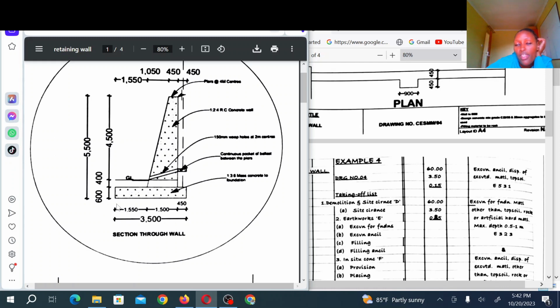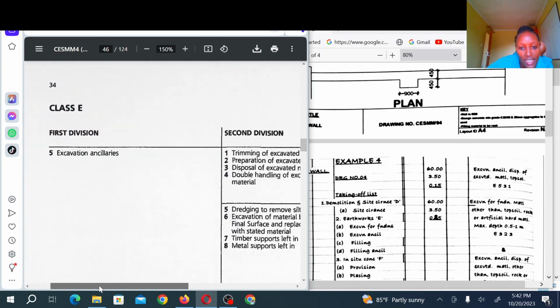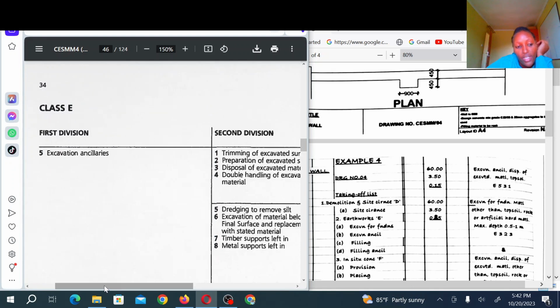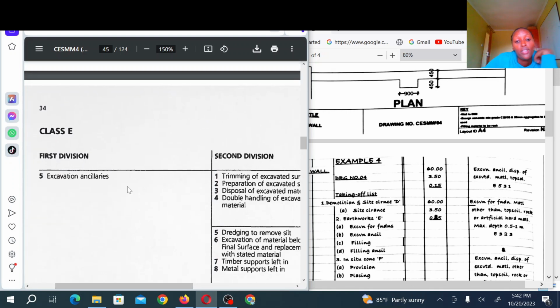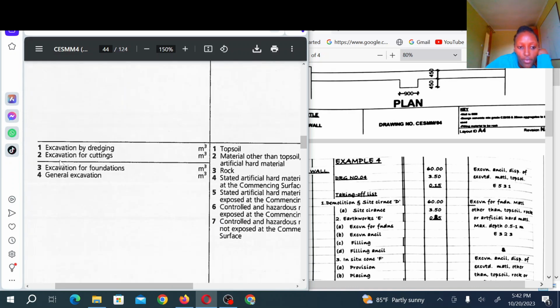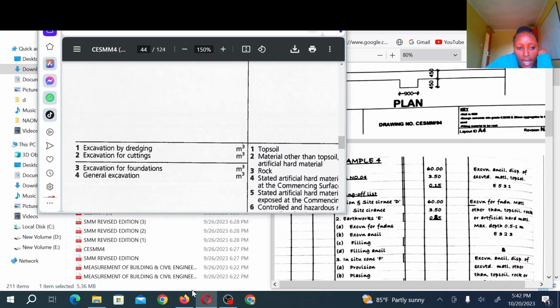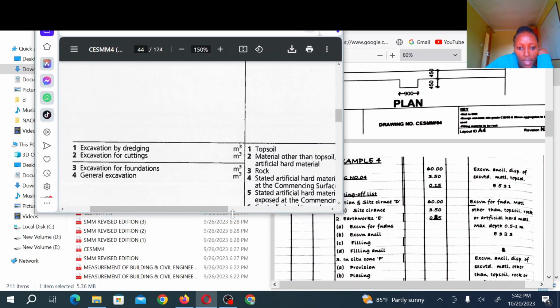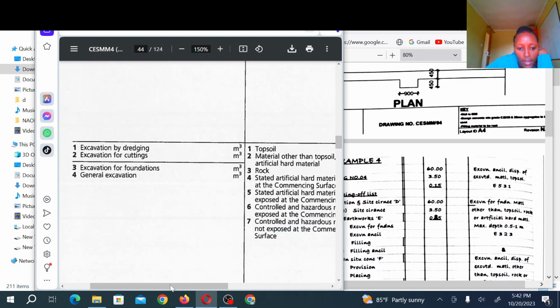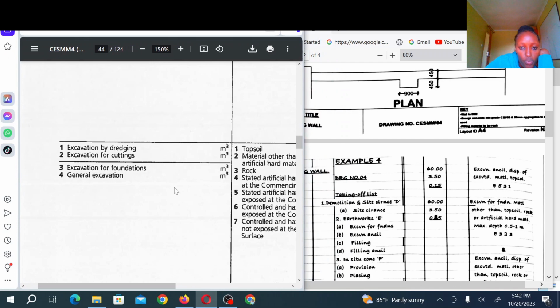So what will be the volume of soil? Let's go back to excavation. We shall go to excavation first because we want to excavate first. We excavated the topsoil, now we are excavating for foundations, material other than topsoil. You see, we have it here. Now we were done with topsoil, now it is material other than topsoil. So once we are quoting, it should be